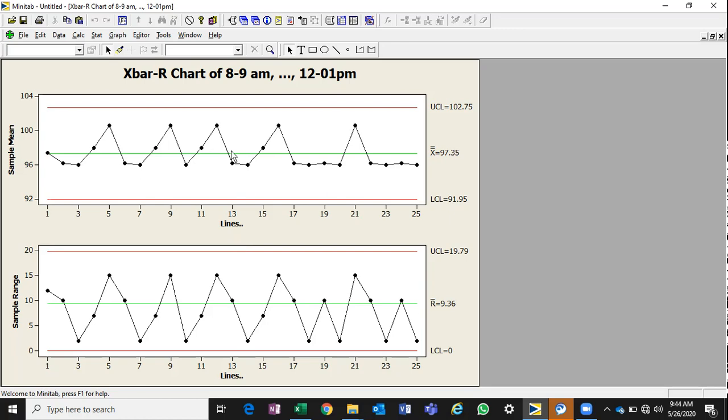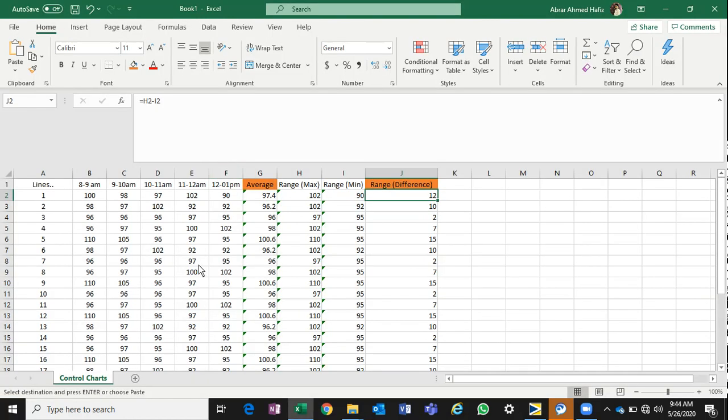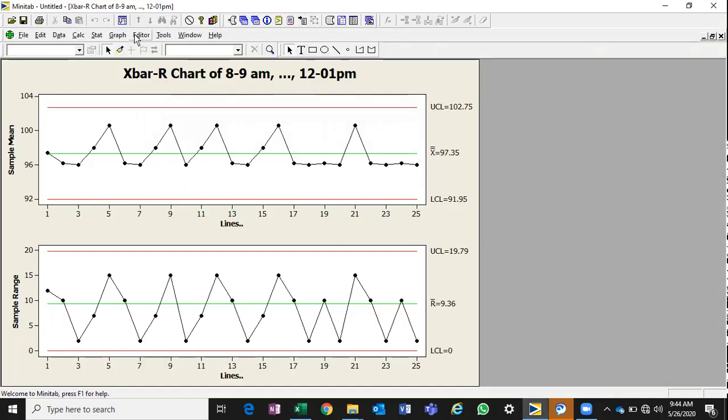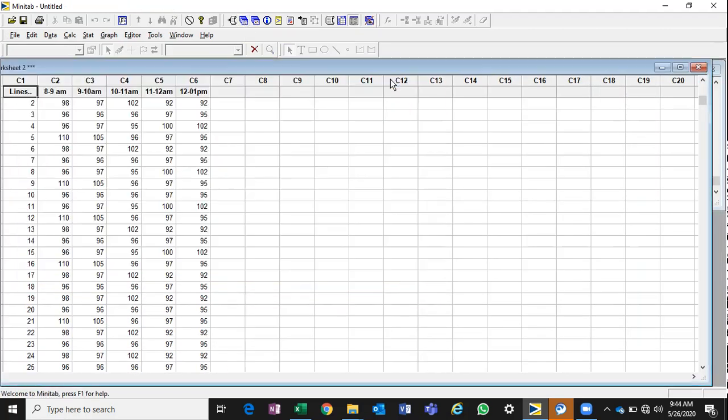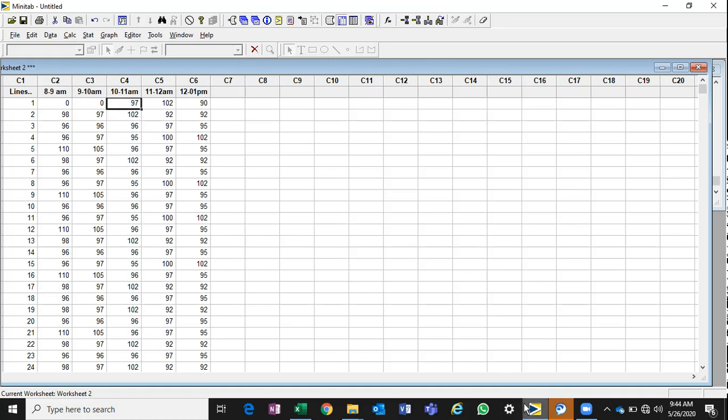Let's say we have some special cause coming in. Let's say in line number one there is a breakdown. Let's say I'm giving 0 and 0. What you need to do is, there are four useful tabs you will get to know. If you want to select the data, just go to the worksheet. In the worksheet, for sample and study purposes, I want to give 0 here, and here also 0. Then you can come back to that chart, or you can drop it here also; anything is fine.